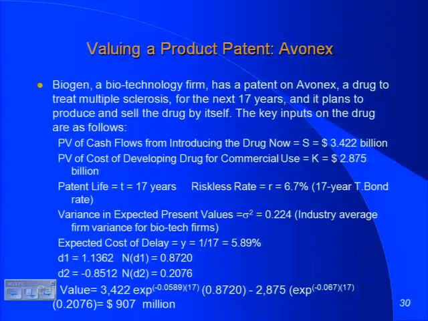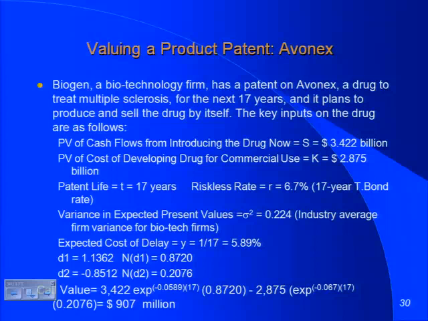You know why it was so high? Biogen had never produced and sold a drug on their own up to Avonex. Most small biotechnology companies, because they don't have the infrastructure, license their drugs out. They were actually going to develop the infrastructure to develop this and sell the drug. So the $2.875 billion, you got to get a sales staff, you got all the promotional stuff, all the stuff you need to do it yourself.